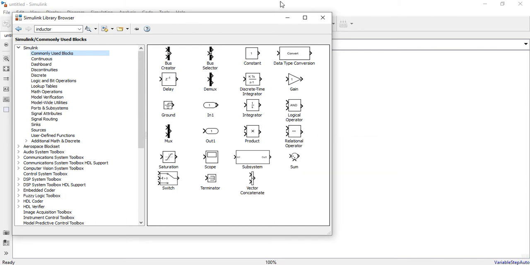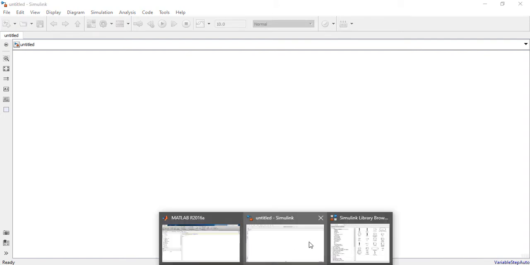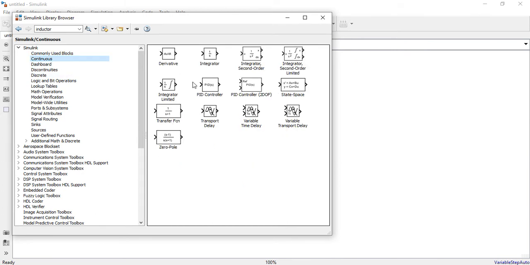Okay, so now for that, what I will do, I will make some. We require some transfer function, an input as well as the output. We want to see the output in terms of a scope. Some values will be given. So in the continuous library, you will have the transfer function block.